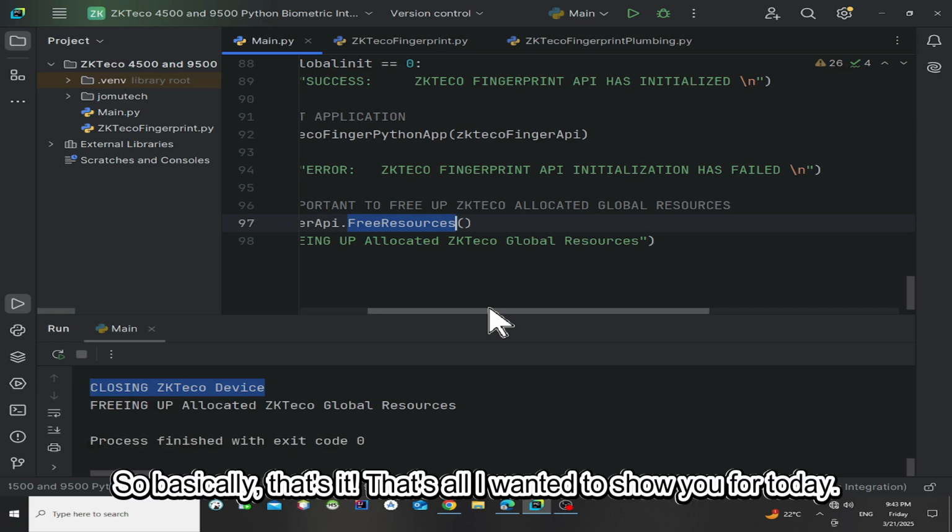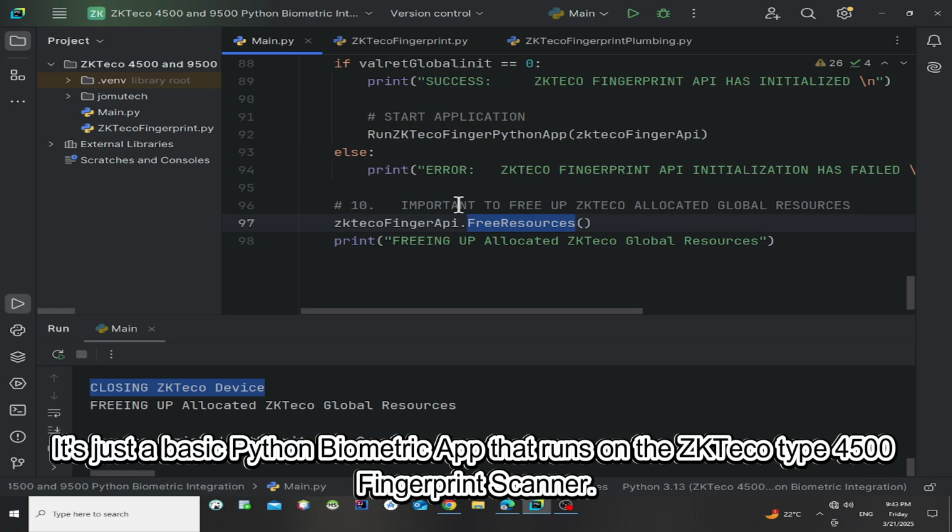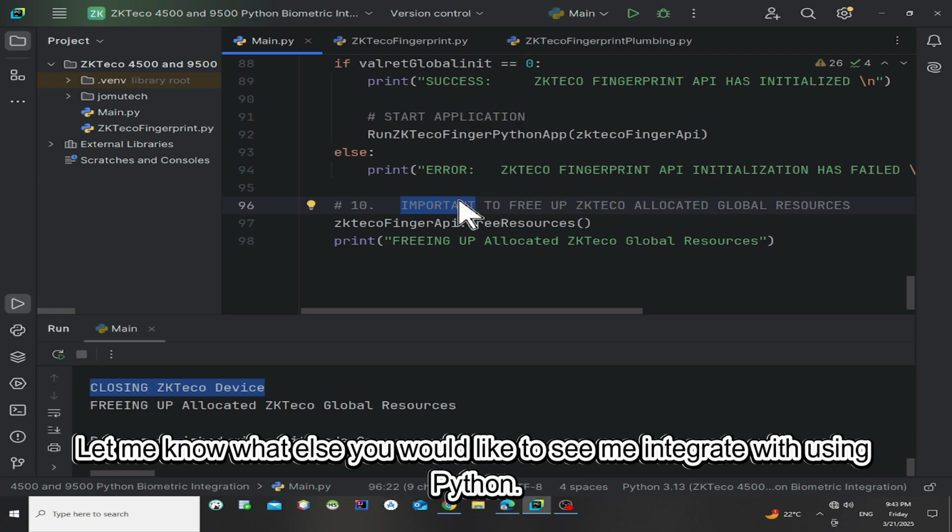So basically that's it. That's all I wanted to show you for today. It's just a basic Python biometric app that runs on the ZKTeco 4500 fingerprint scanner. Let me know what else you would like to see me integrate with using Python.